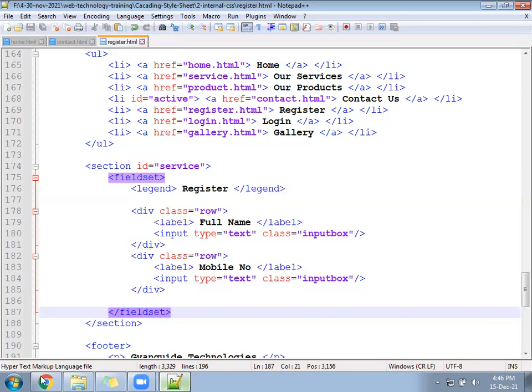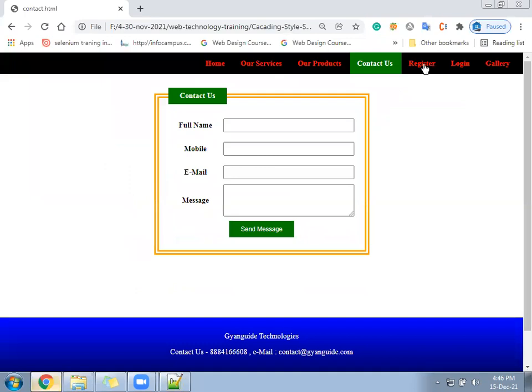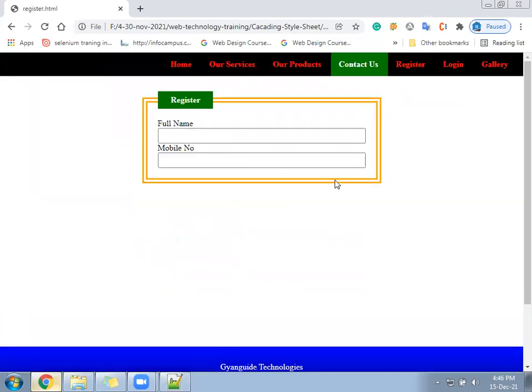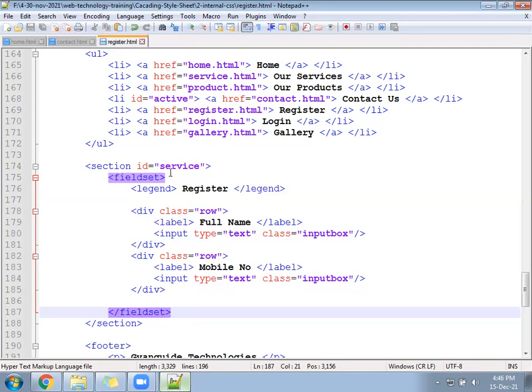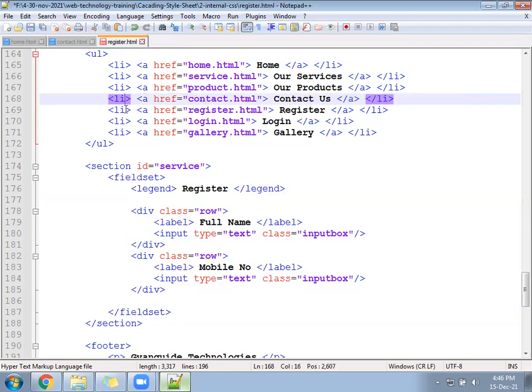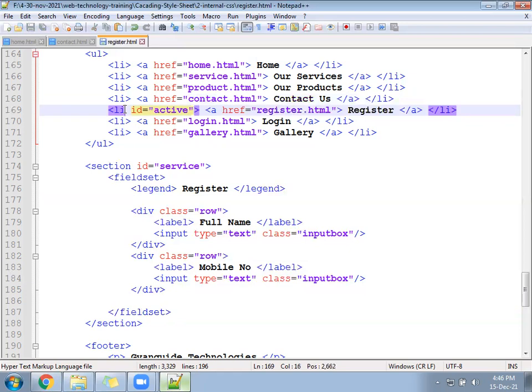Ready? Check now how that looks. On the register page, the active link should get applied to the register LI. Active link you need to apply for register LI.